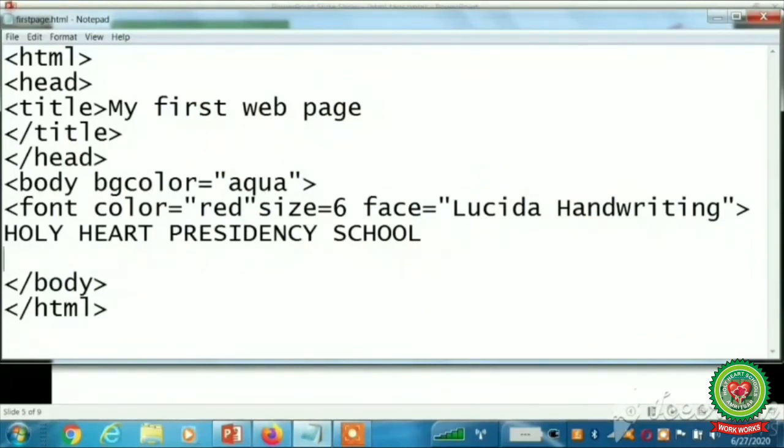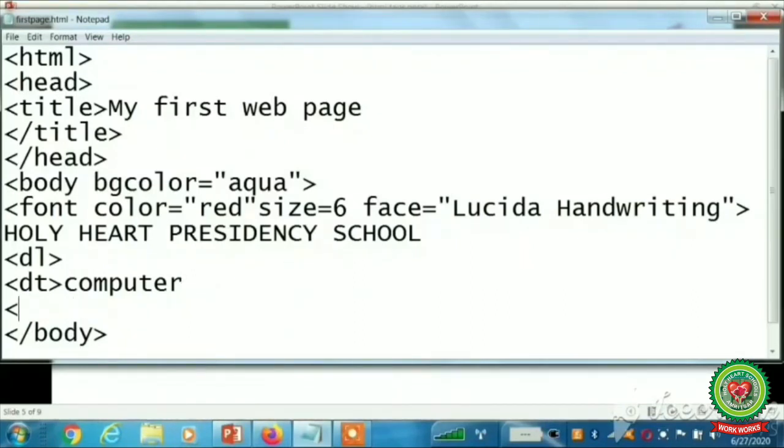After the text, before the body tag, we will write the DL tag. Start the DL tag. DL means definition list. After the DL tag, for the data term, we will write DT tag. After DT, we will write a term name. Like we want to write the definition of computer. Clear? So our term is computer, and after this, for the definition, data definition, we will write the DD tag,